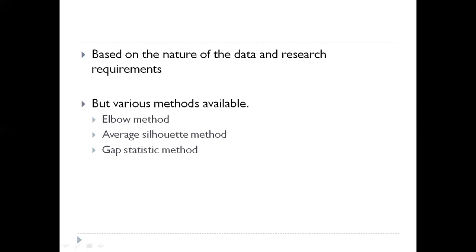But there are three methods which are very important and widely used throughout the data science community to determine the value of k: the elbow method, the average slope method, and the gap statistic method. The gap statistic method is the recent one, proposed by Stanford professors just one or two decades back. There is a white paper on how it works, and maybe I can share the paper so that you can understand it in detail.